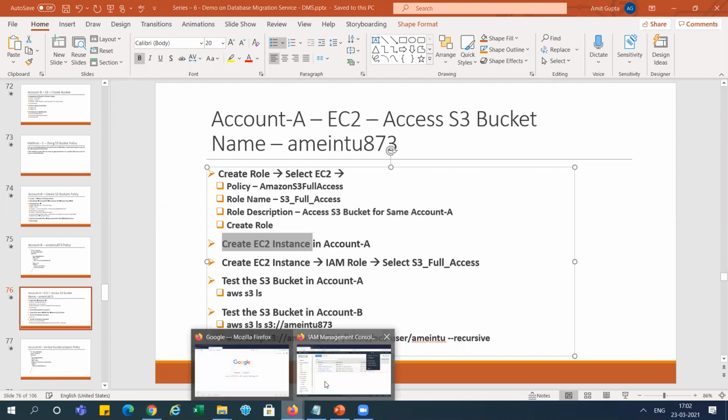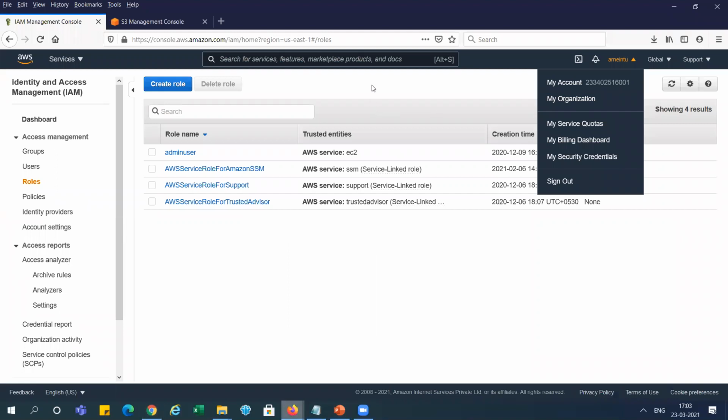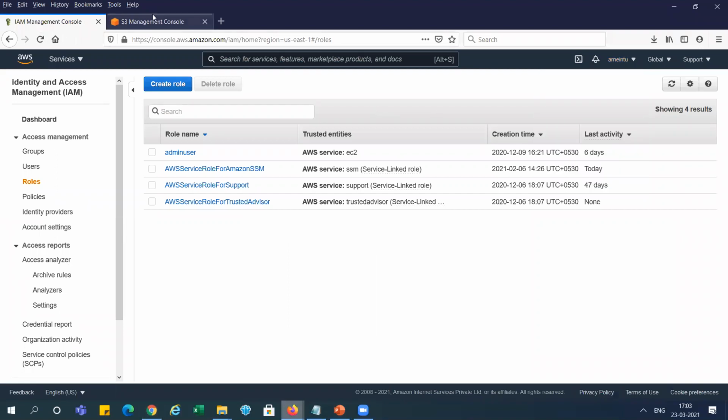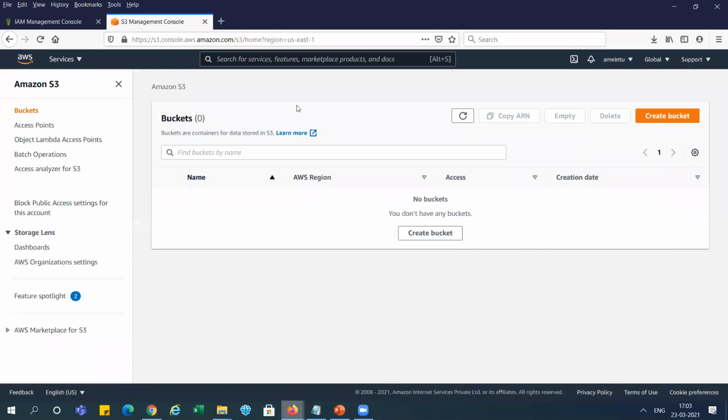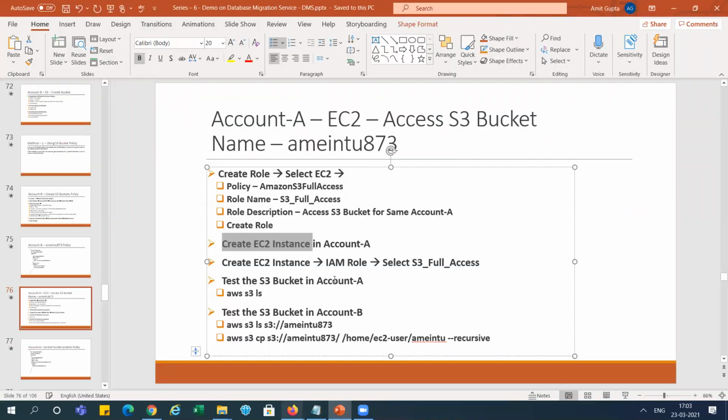Account A is already, I told you, this is 6001, right? This is account A. So here I'm going to create, I think we need to create one bucket over there, right? Because for this instance, it is missing here. So I am writing here also, creating bucket, right?